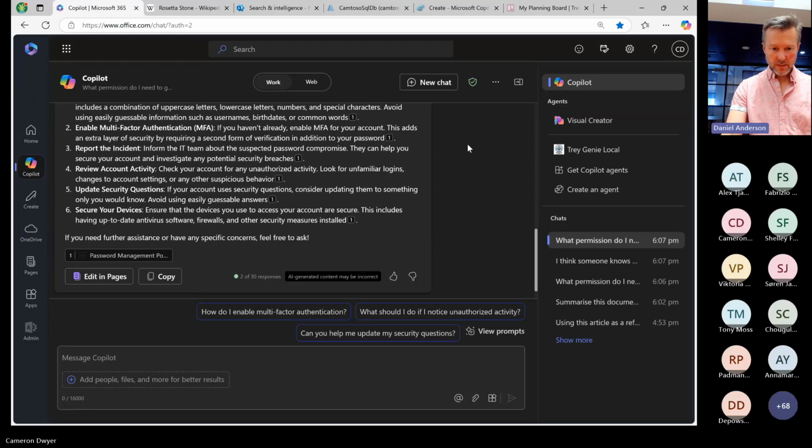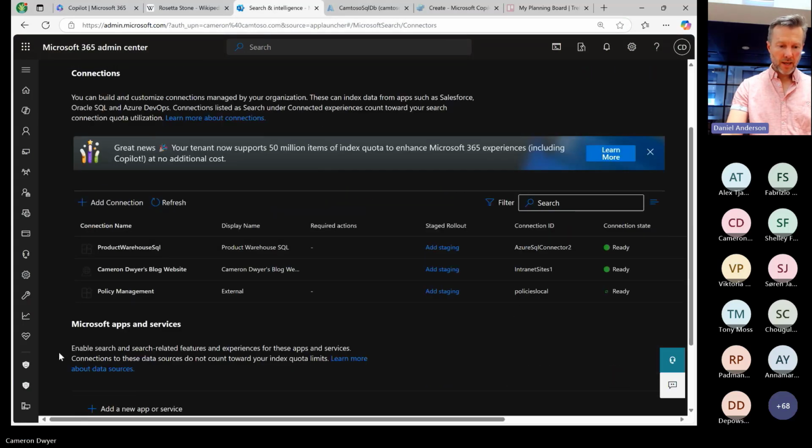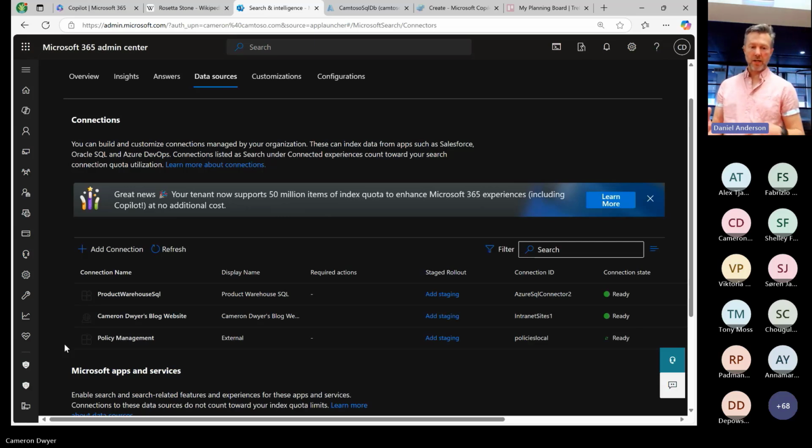Okay, last thing I wanted to show you about graph connectors is that they are very good at unstructured data, and that's what I would call those two things: a blog site and a policy management system. So anything that's documents, web pages where there's lots of words, just a big vat of information, graph connectors are really, really good at, because there's a lot of words there and it ingests all of it and it makes sense and it can give context to things. What it's not so good at is structured data. So databases, tables, relational data, because often those things, there's not a lot of context.